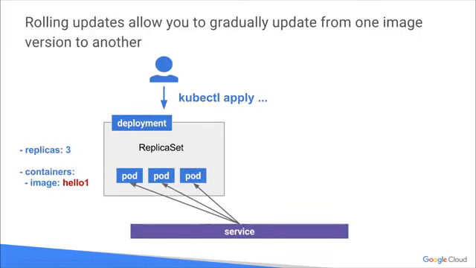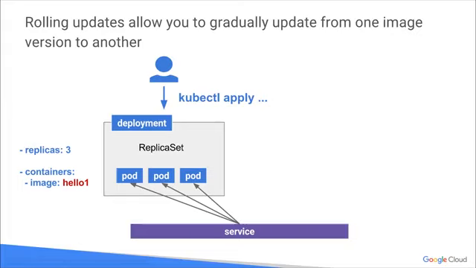Again, rolling updates is one of the really awesome things, and developers love this. Rolling updates allow you to gradually update one image version to another image version without any disruption to production. The deployment only rolls out and triggers if it needs to, when the pod template changes, and then it changes the version. For example, if you have labels, containers, images, templates, and updates, the update will roll over and scale the deployment, and you don't need to trigger any rollout. It'll do it basically on its own.